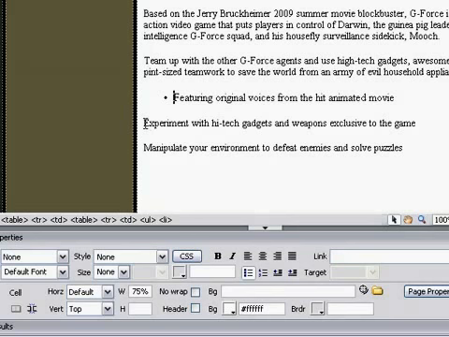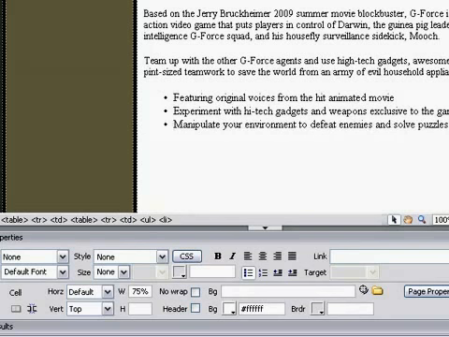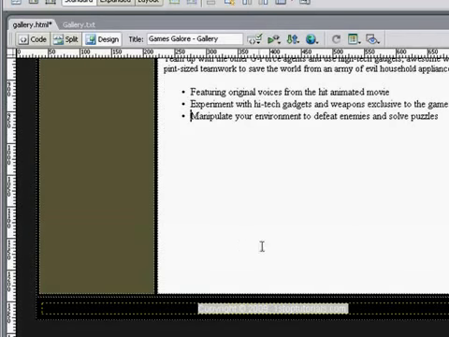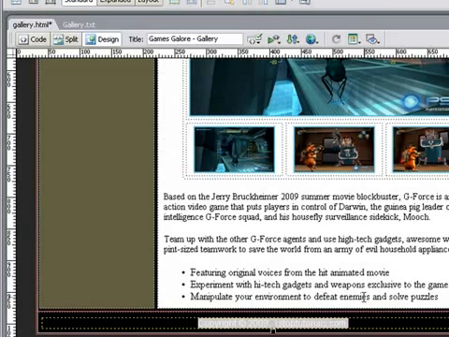Okay. To do the same for the other ones, just click at the end of the word, so movie, hit delete on your keyboard. That will bring that word back up, and then just hit enter again, and it will move it down again. Let's click at the end of game, hit delete, and again hit enter, and it moved it down. So as you can see, we've got a bit of space at the bottom here. This is really easy to get rid of. Just click at the bottom and hit backspace on your keyboard all the way till you get to the top, and then click on the bottom cell,